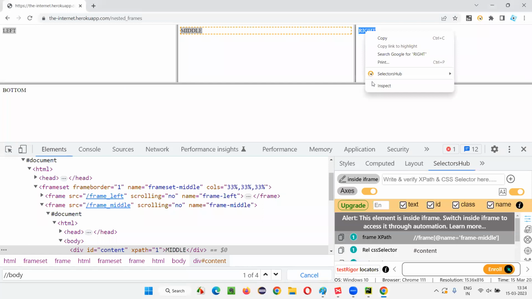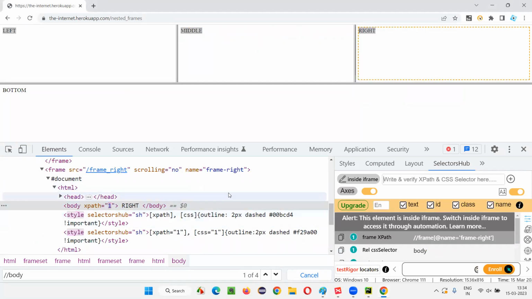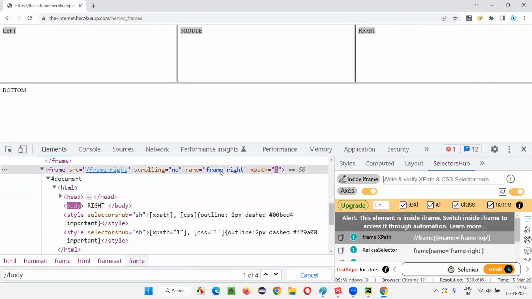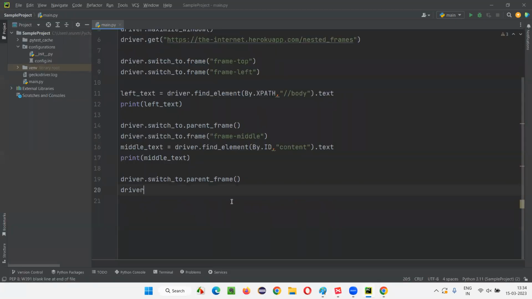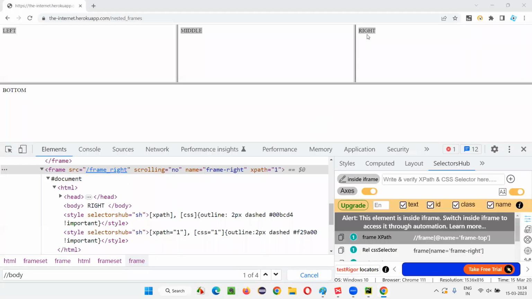How to do that? I'll inspect this right frame. We have already switched to the parent frame. Now I'll come to this right frame, copy this name locator, and write driver dot switch_to dot frame of, and give the right frame here. After switching to the right frame,